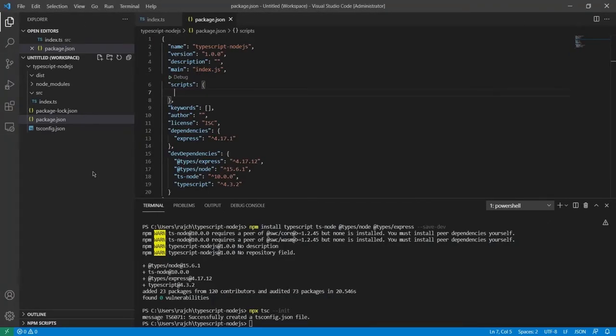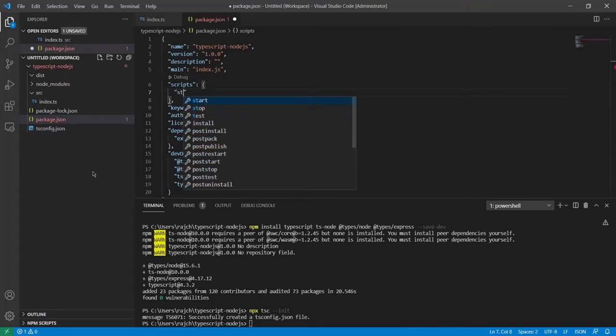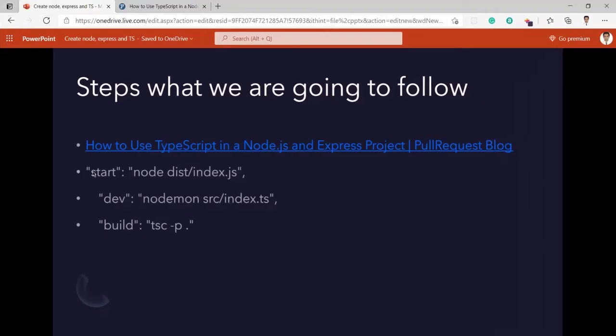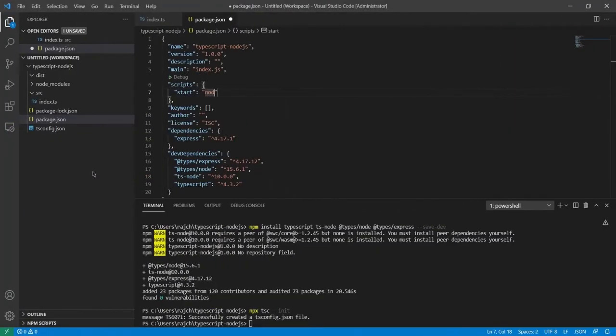Let me move here and put start, and here I need to put node dist. Inside the dist folder I currently do not have anything, but an index file will be created after the compilation, so I will show you that as well.